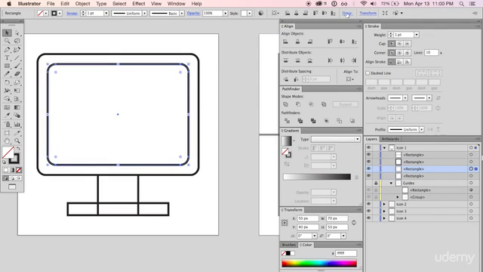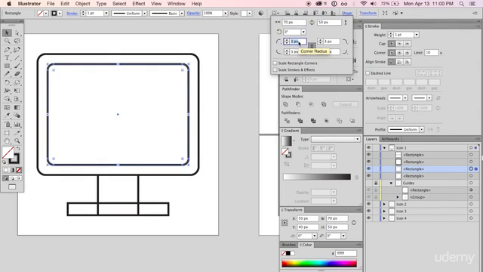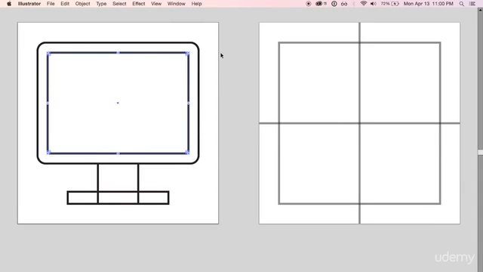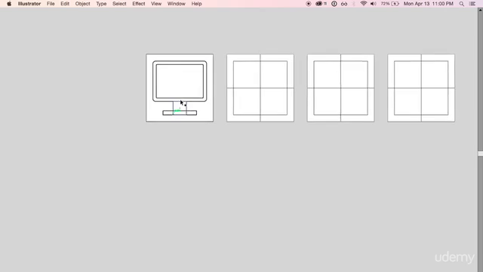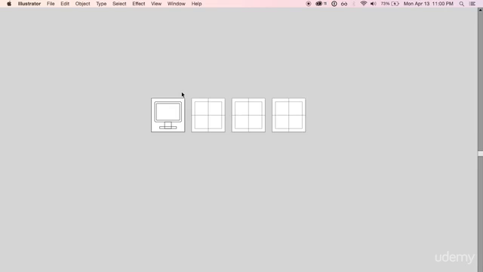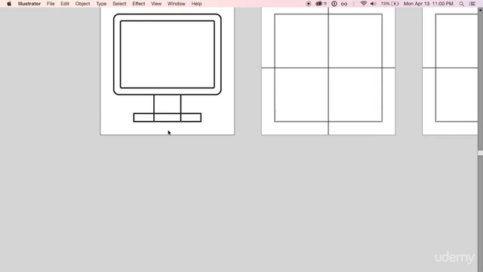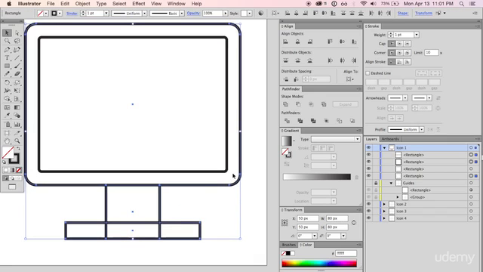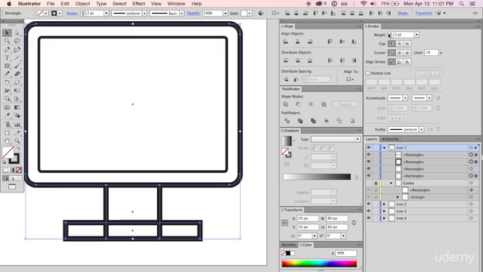Now what we're going to do with this is we're going to actually only round the inside by 1. We're going to keep it playful, but keep it understated. That looks good for now. We'll go back and add details. I do want to make sure that I select what will be the outside of this object. And we're going to go ahead and turn the stroke up here to,